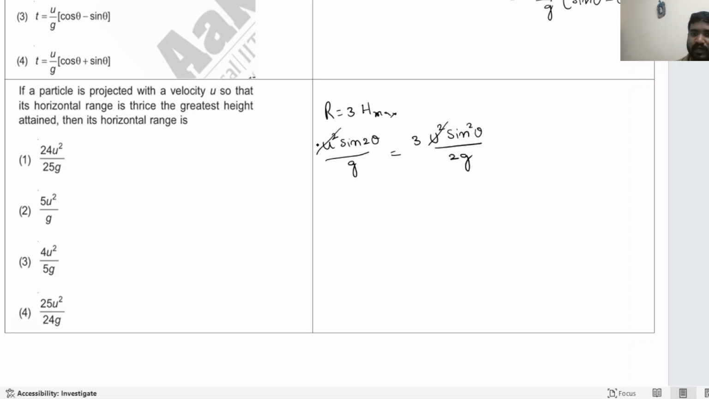Therefore, u square gets cancelled, and g and g also get cancelled. Sin 2 theta you can write as 2 sin theta cos theta, and sin theta cancels with sin square theta. So 2 cos theta must equal 3 by 2 times sin theta. Why? Because on cancelling sin square, 2 cos theta remains on one side and sin theta remains on the other. Therefore, you get tan theta equal to 4 divided by 3. So 4 divided by 3, you can go with the triangle. If you take the angle theta, it is 4 and it is 3,